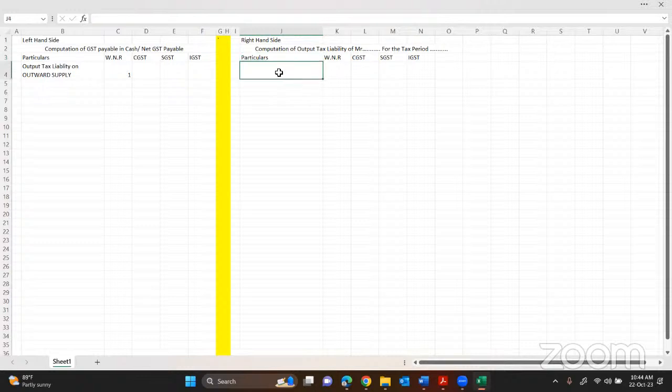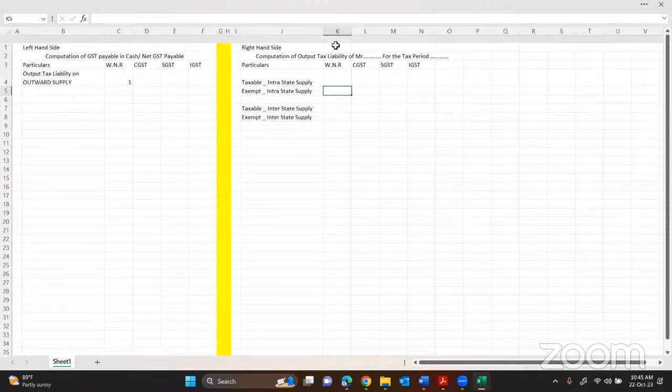Compute everything. So what all will be there? There will be a taxable intrastate supply. There will be an exempt intrastate supply. Similarly, there will be a taxable interstate supply. There will be an exempt interstate supply. You will have to cumulate this all. Okay, exempt, you will have to write the working note.